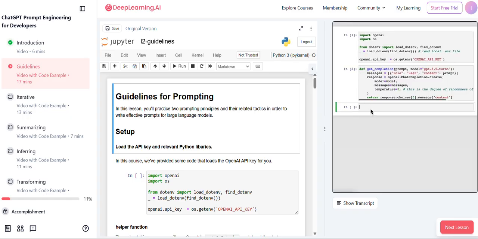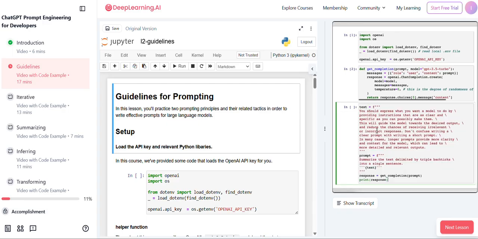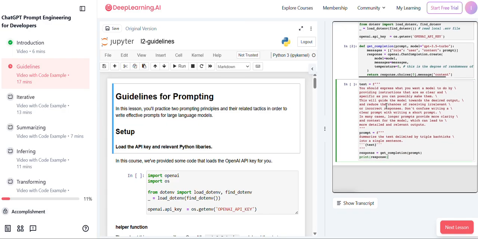So I'm just going to paste this example into the Jupyter Notebook. So we just have a paragraph, and the task we want to achieve is summarizing this paragraph. So in the prompt, I've said, summarize the text delimited by triple backticks into a single sentence. And then we have these kind of triple backticks that are enclosing the text. And then to get the response, we're just using our get_completion helper function, and then we're just printing the response. So if we run this,